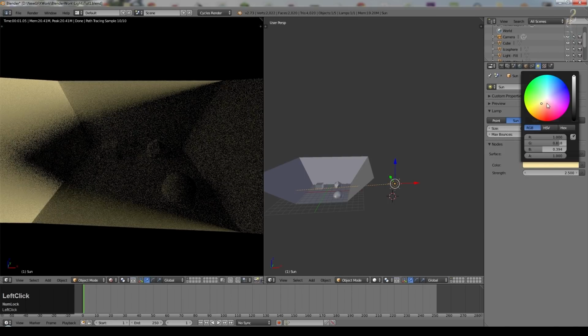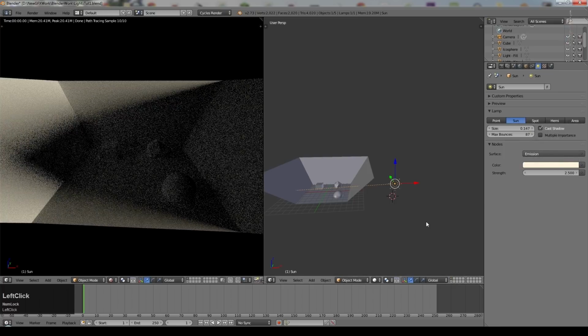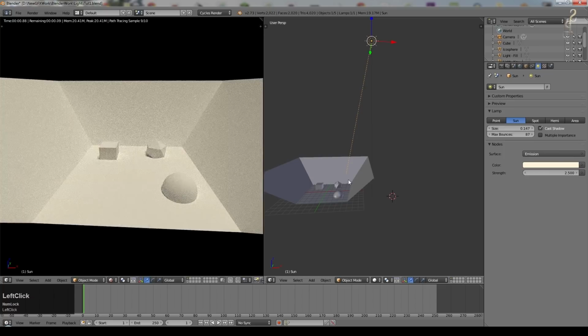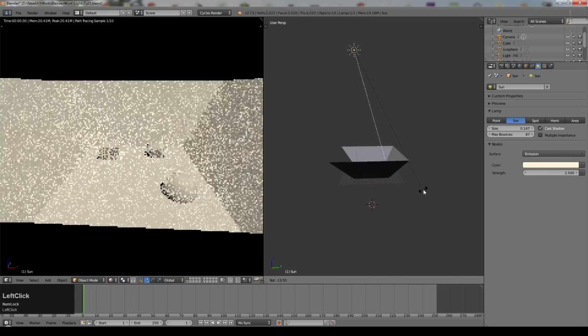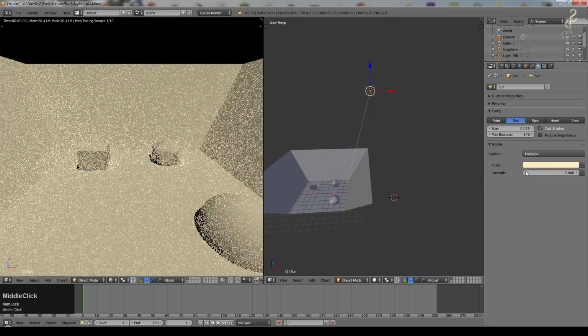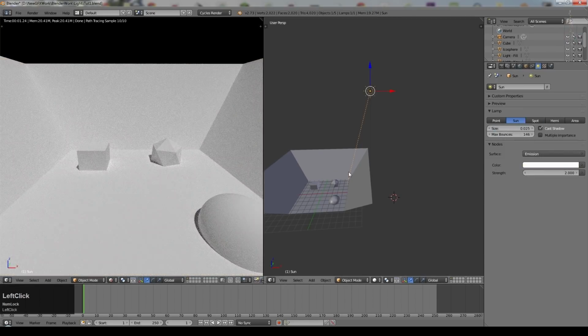If on the other hand, I want this to simulate sun close to midday, it would be a very steep angle like that. Perhaps add a little bit of angle. It's always worth having some angle on it, because if it's too steep, really your objects don't have shadows, unless that's obviously the effect that you're looking for. And perhaps 0.025, something like that for the size. How coloured you have it is up to you. So that's the sun lamp.